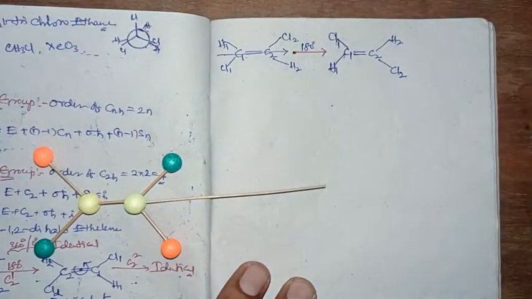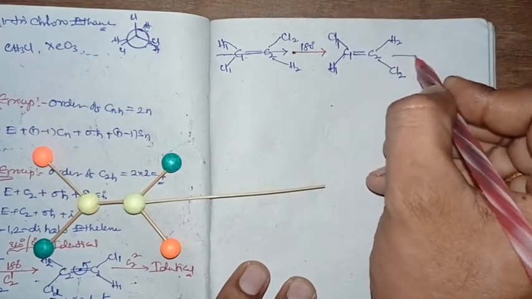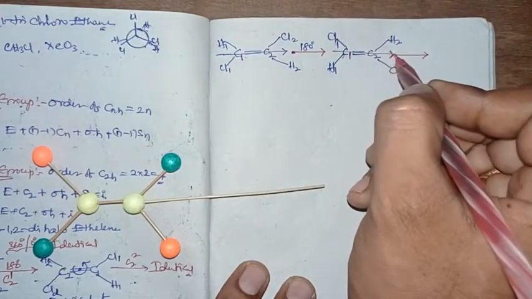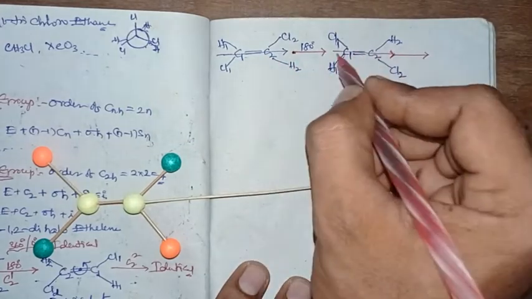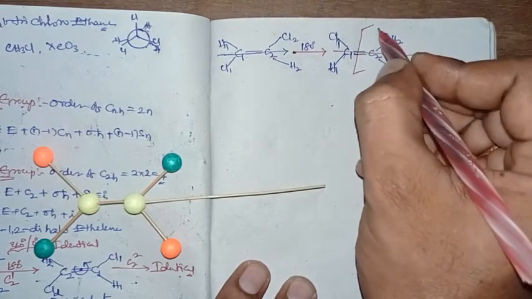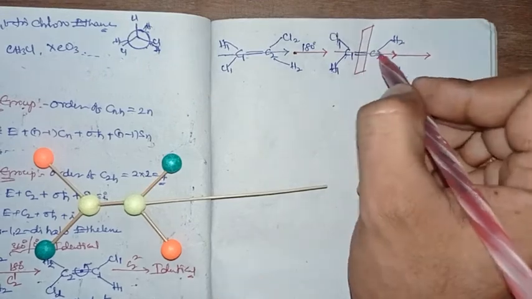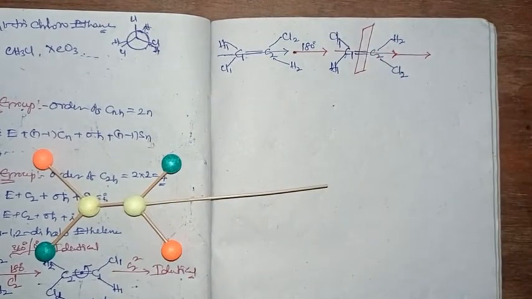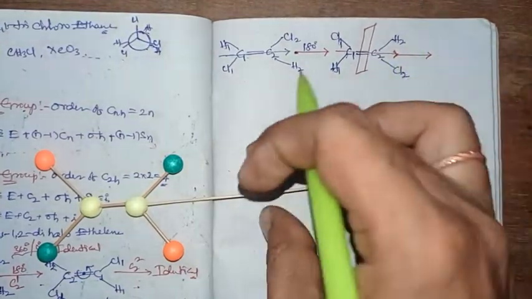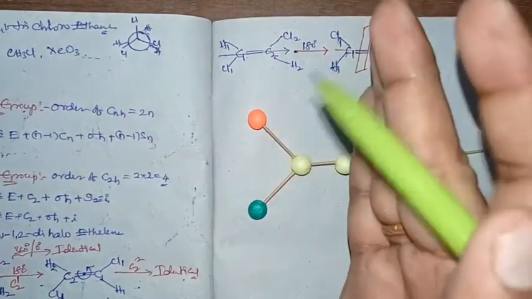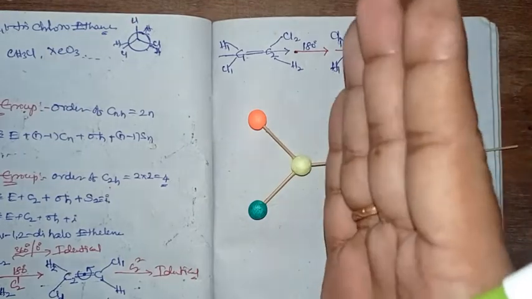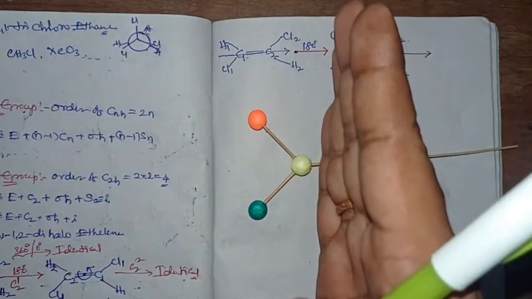After the rotation, it is the reflection that we have to be bothered about, right? Now we have to do reflection through a plane perpendicular to the rotation axis. This is the rotational axis passing through the two carbon atoms. Perpendicularly we have to apply the plane, which has to pass through the middle of the carbon-carbon double bond. There it will be perpendicular to the rotation axis, so we take a perpendicular plane like this, right?